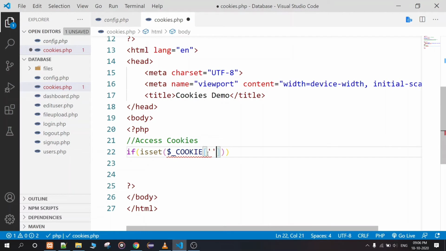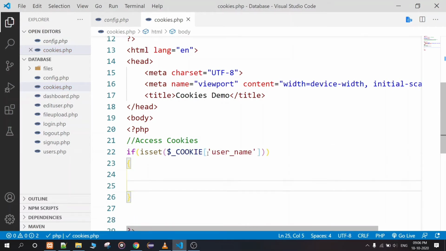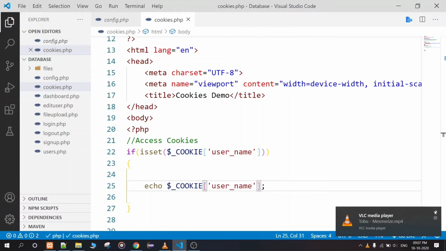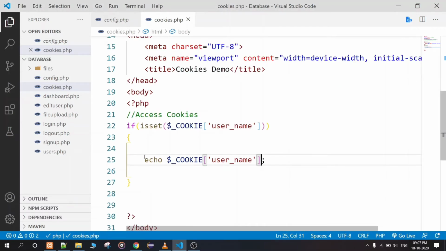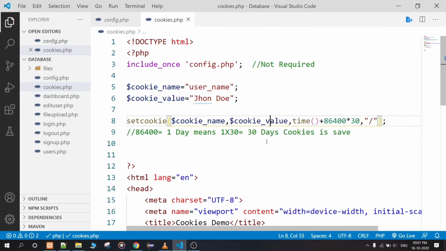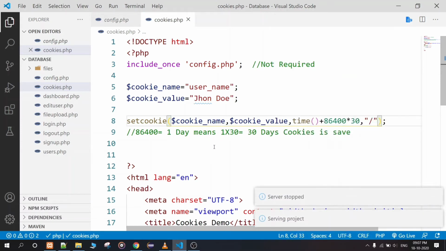So you can access any cookie defined by its name. So you just echo the cookie name. Just save it and run it on the server. After that, you can see our cookie is stored as John Doe.